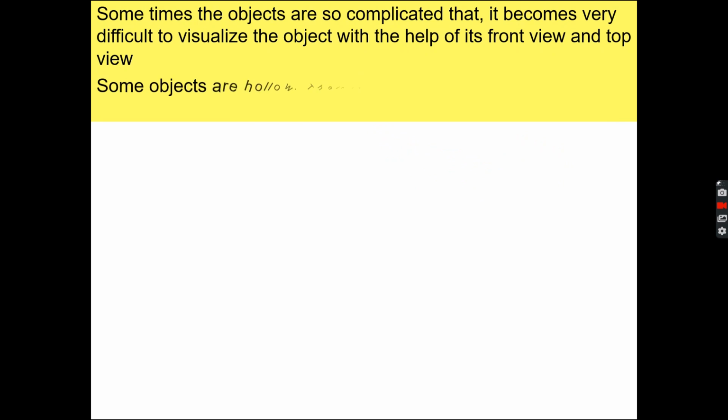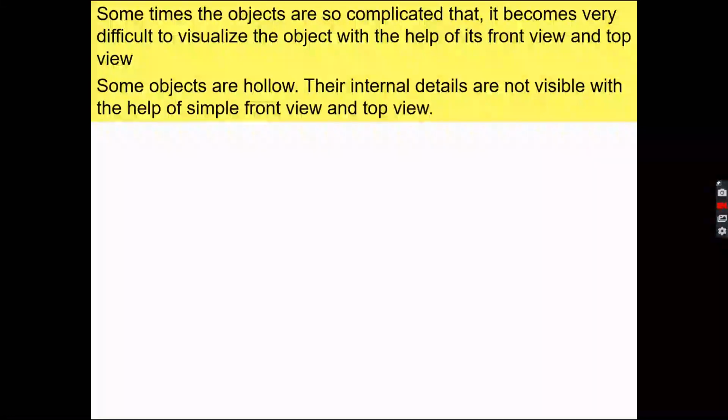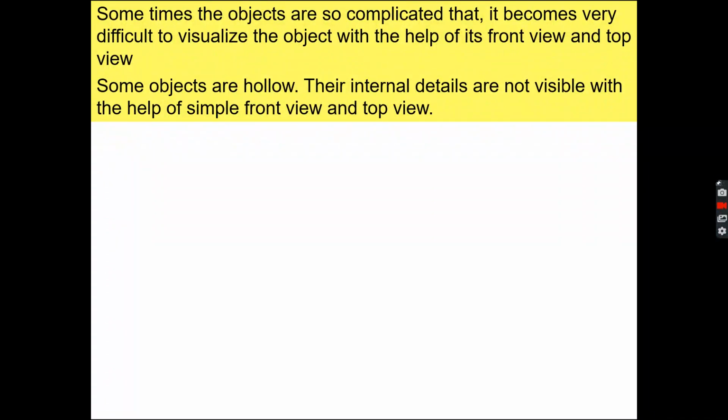As we already know, if there is a complex structure or complex object, then we can represent it with only the two views that are required, top view and front view, or we can show all the three views that are front view, top view and side view.